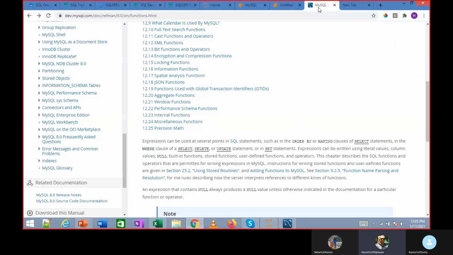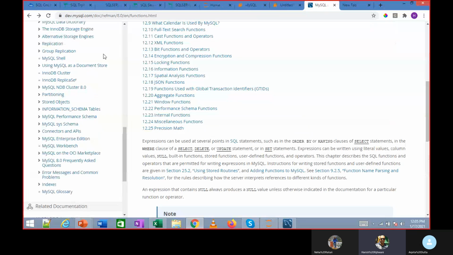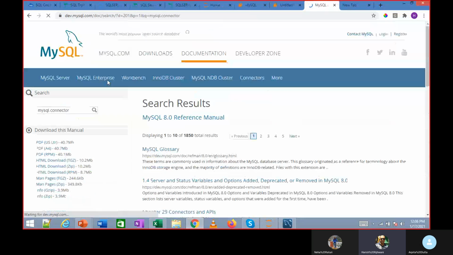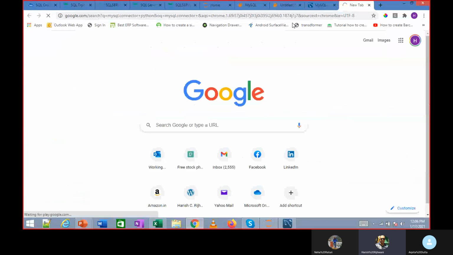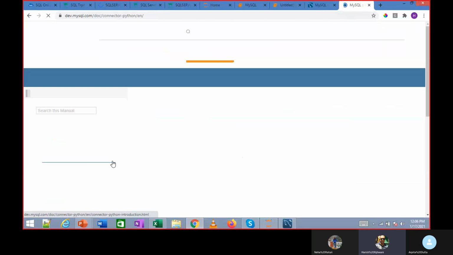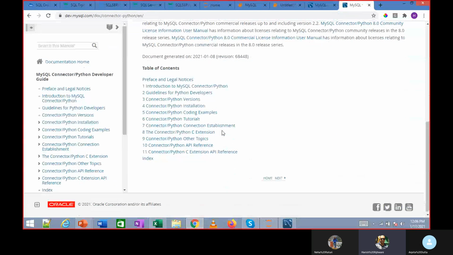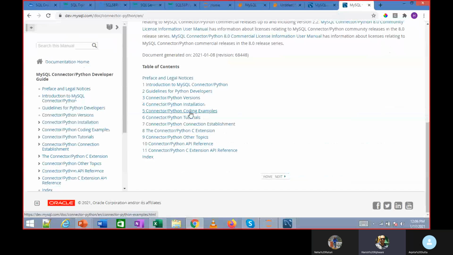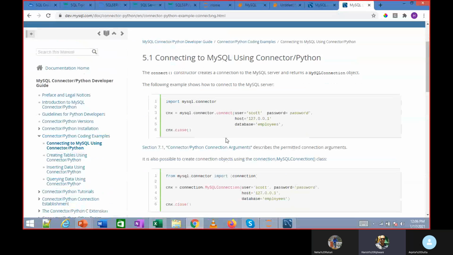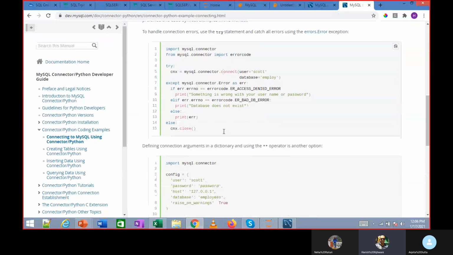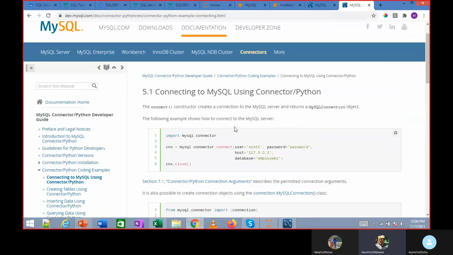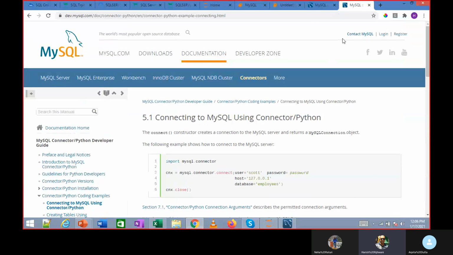So here, if you see, in Python, it tells you how to connect, coding examples, everything is there over here. In your MySQL itself, you will find a lot of examples of how to connect to MySQL using Python.